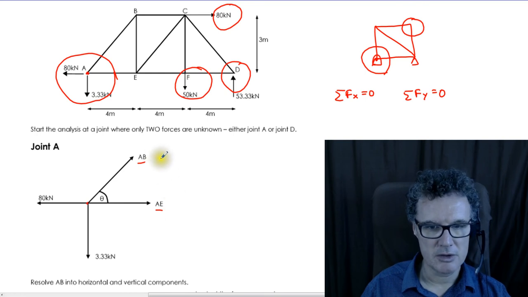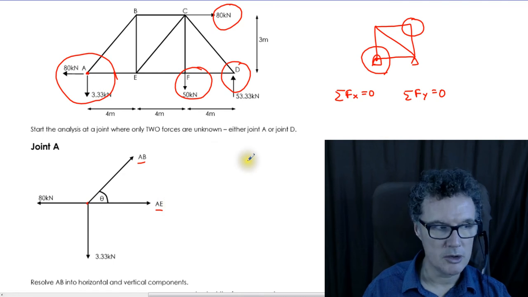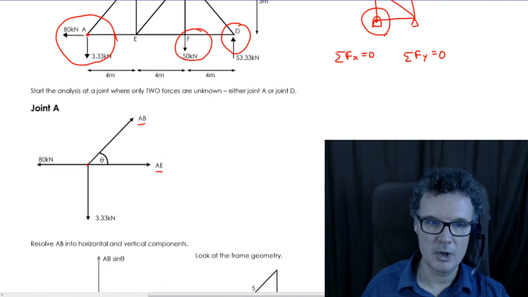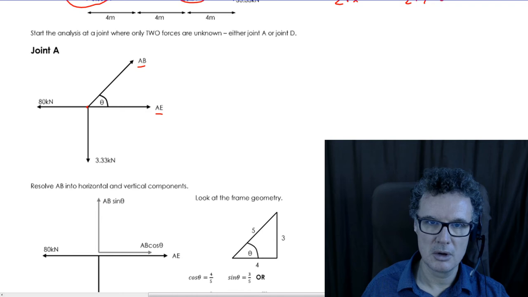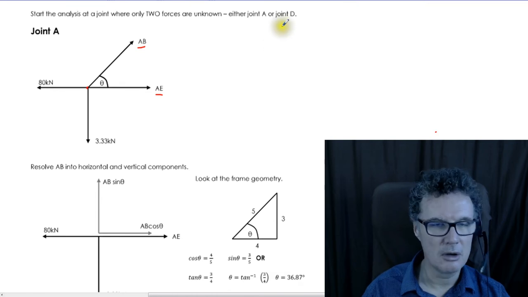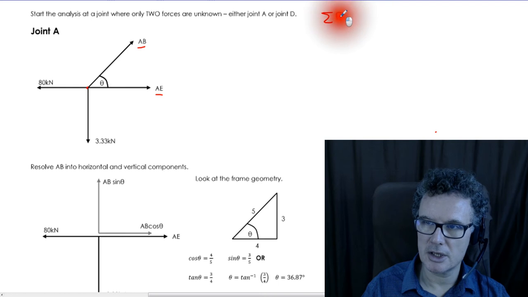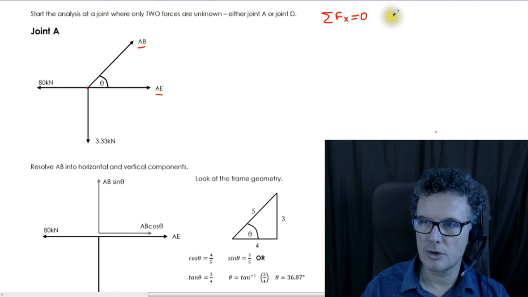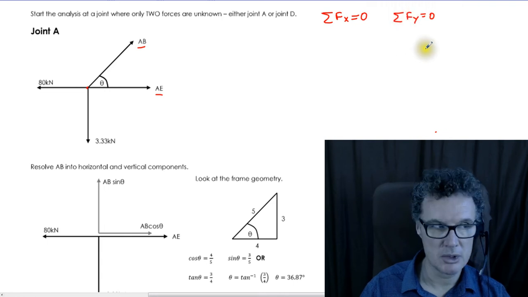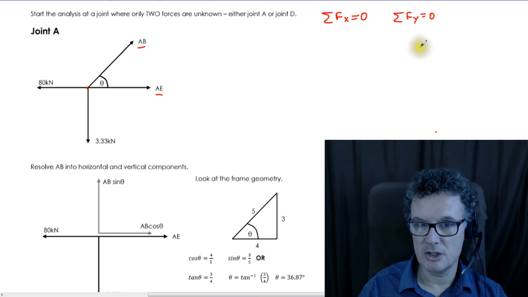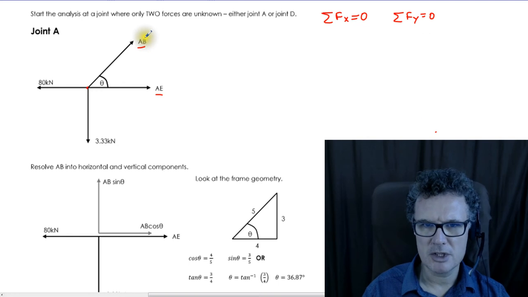So the next thing is to find out what these forces are, the values. When you're doing your method of joints, you don't have to follow convention and sum up forces in the x direction first. You could, if you want to, sum up forces in the y direction first. And sometimes it's probably the best thing to do, and it's the best thing to do in this case